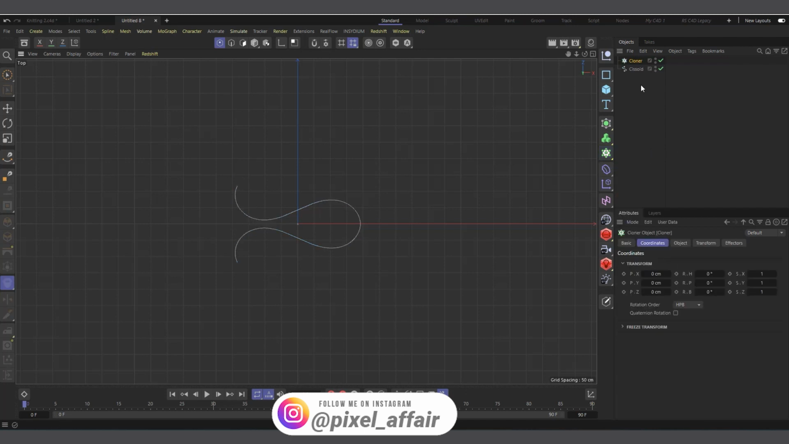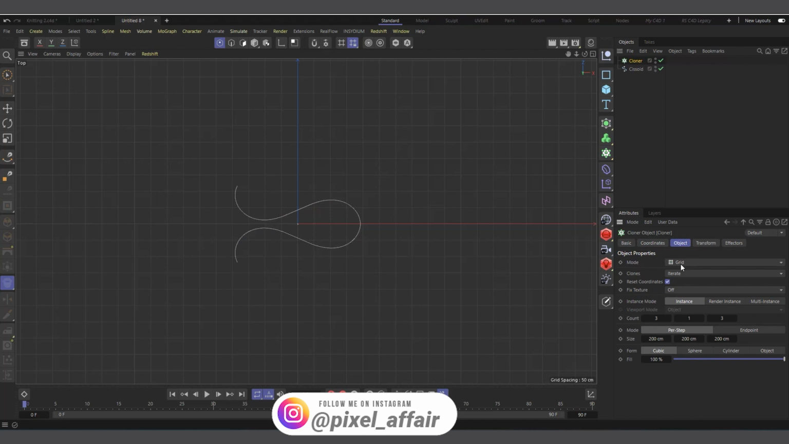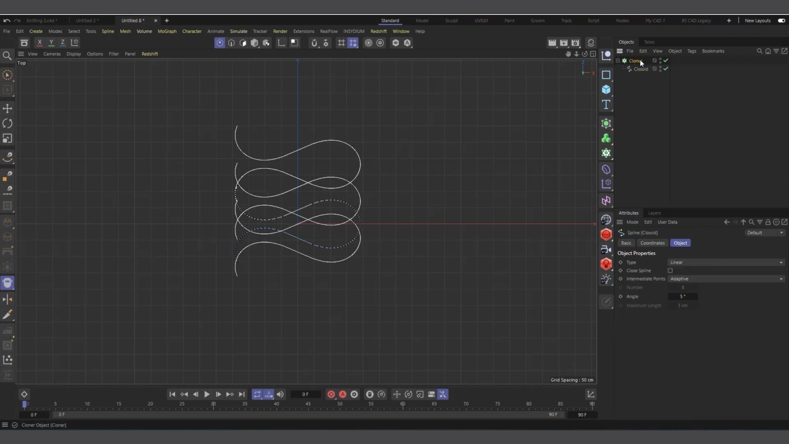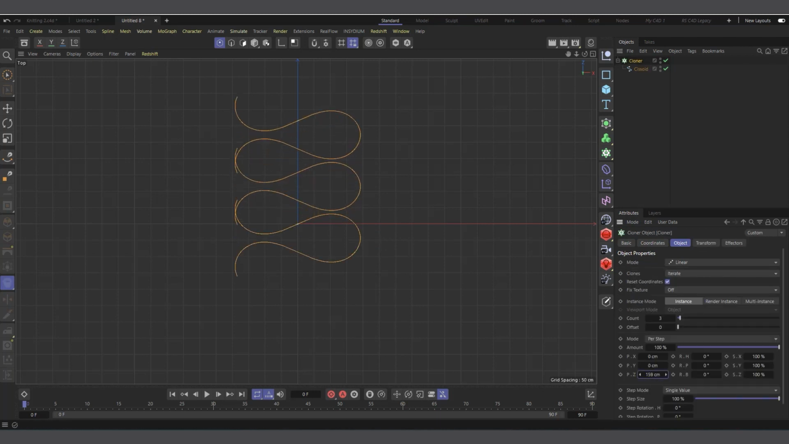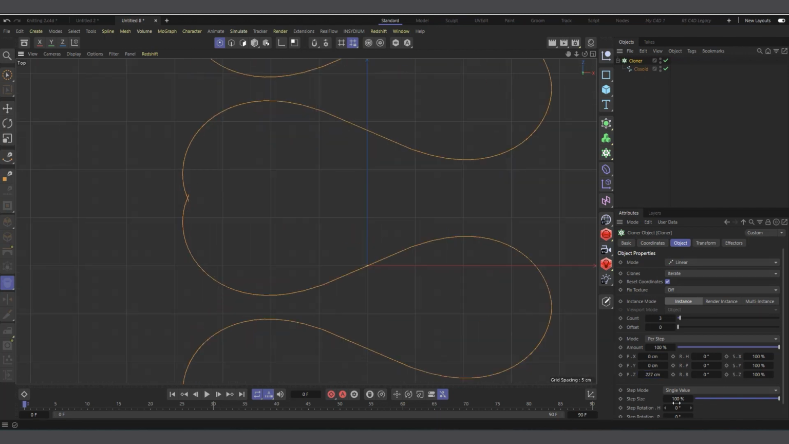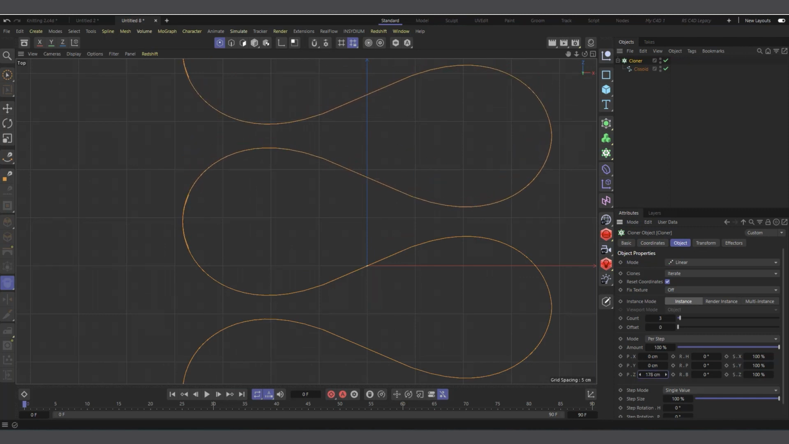If I come into my Mograph object and create a cloner, in the object mode, I'll set it to linear. I want it to move on the Z like that. So I'll make the seesaw a child of the cloner, and now let's move it up like that, and you can see it's not working properly. So let's move it somewhere here, maybe 180,